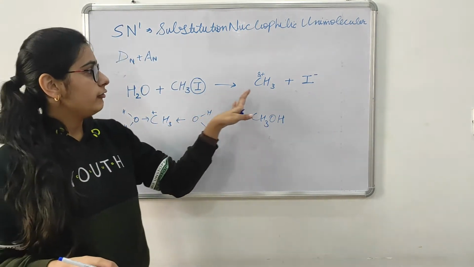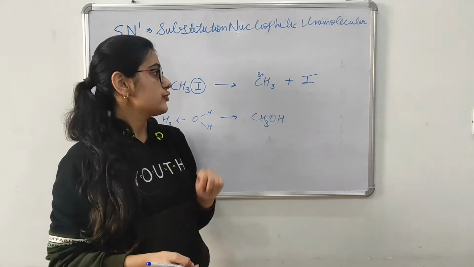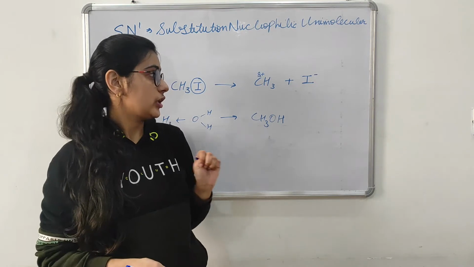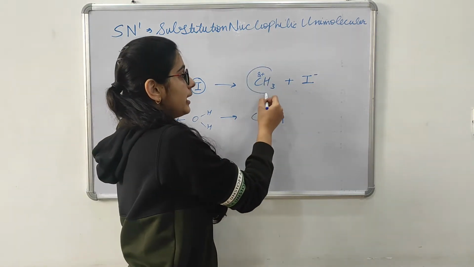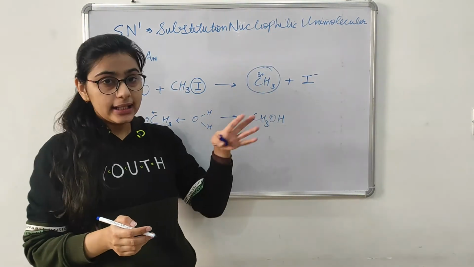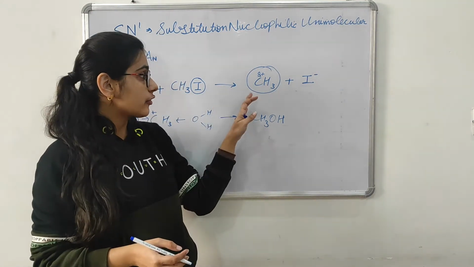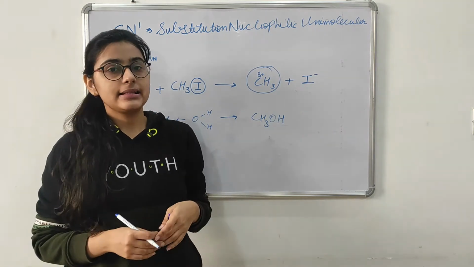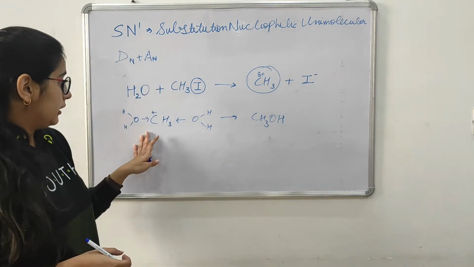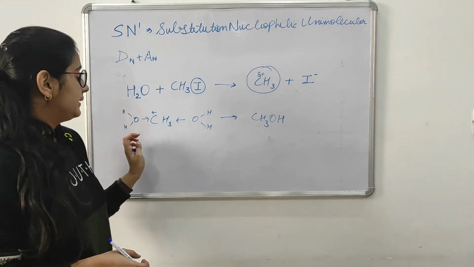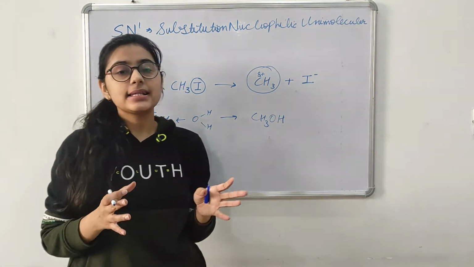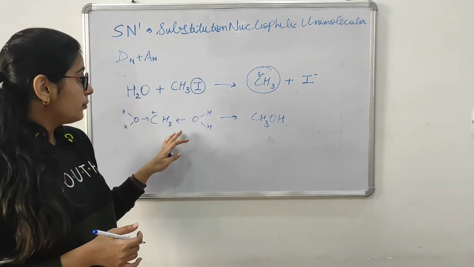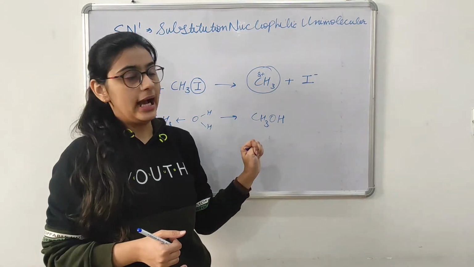So here we will get partial positive charge on the carbon, whereas in SN2 reaction we were getting the partial negative charge. So here the rate of reaction will increase by the electron donating groups. If an electron donating group is attached to the substrate, that will increase the rate of the reaction, and here the nucleophile can attack from both the directions, whereas in SN2 only backside attack was possible. Hope you understood this much in SN1 reactions.